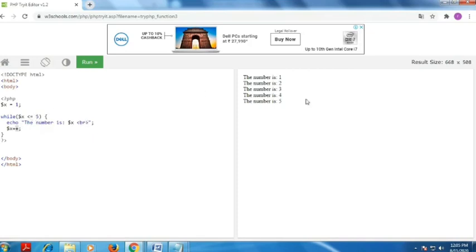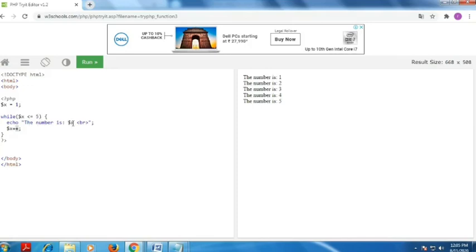The number is 2. Then 2 plus 1, now x is incremented to 3. The 3 goes to the while condition: 3 less than or equal to 5. The condition is true, so the statement executes: the number is 3. Then 3 plus 1; what is the value of x now? 4. 4 less than or equal to 5, yes, this condition is true.